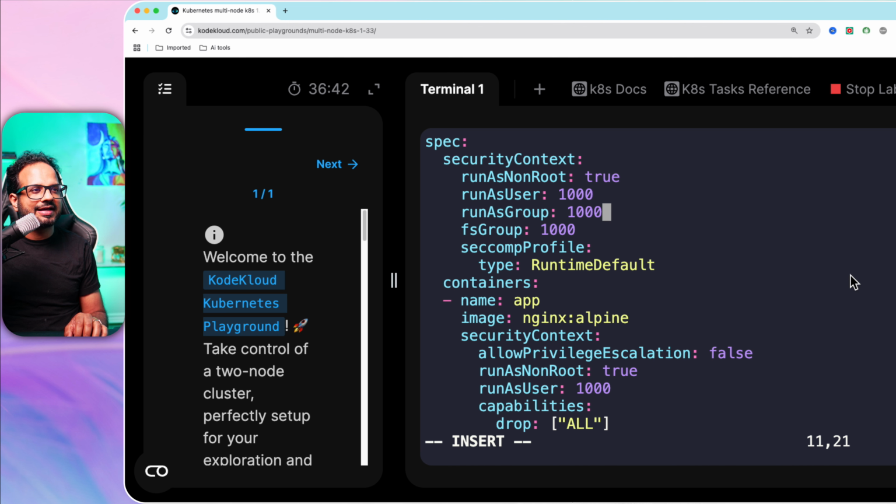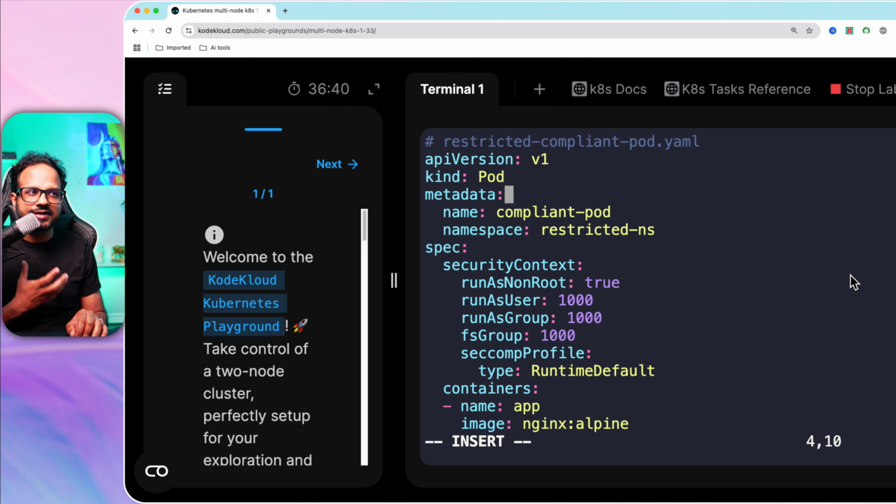Okay, so what does it have? Because this is a restricted pod security standard, you don't have to remember what it has or what the main security context difference is between baseline, privileged, or restricted. You can check this in the documentation, which is available in the exam as well, right? So this is restricted, that means